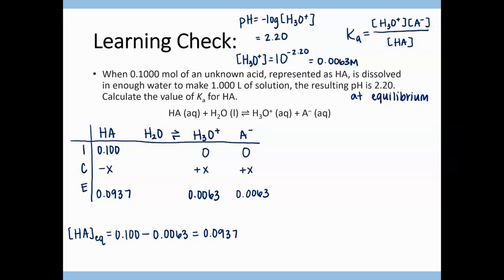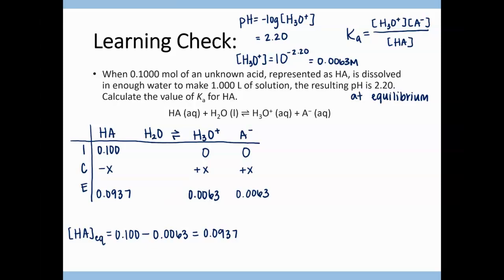So very similar to other ICE tables that we've done, we've got to use some other information to fill it in and then solve for X, so we have pH in this case. But now that we have equilibrium concentrations of everything involved in the equilibrium expression, we can complete the problem,